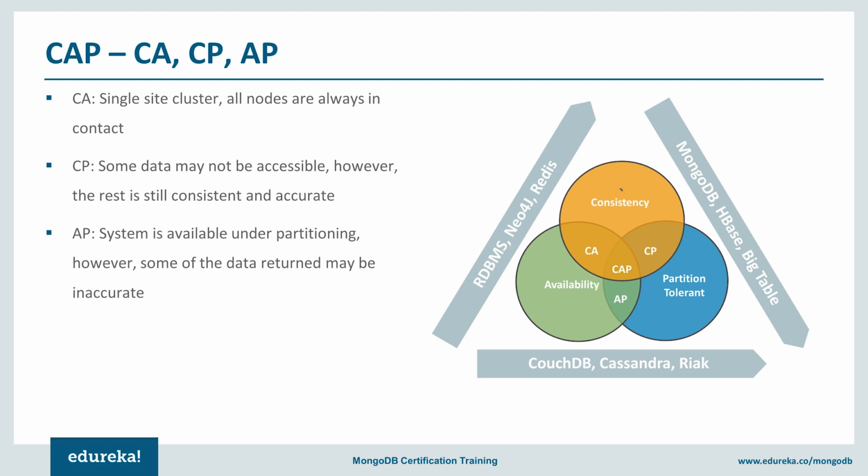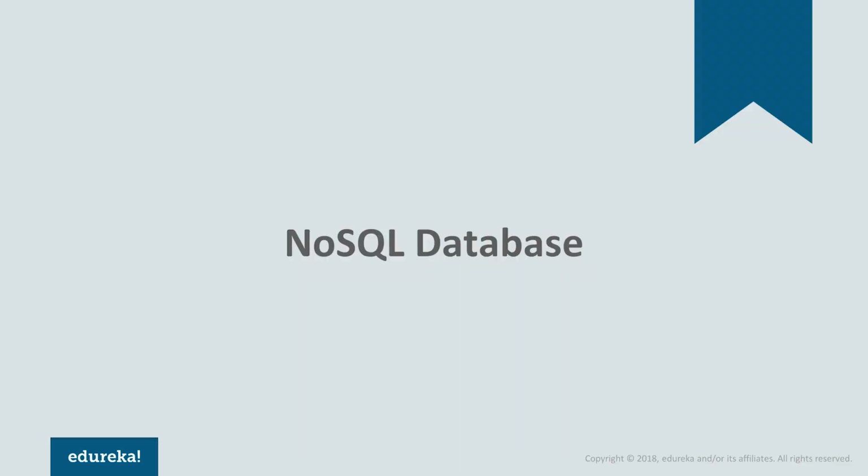Now, for availability and consistency, that means primarily the SQL DBMSs, Neo4j, and Redis. For consistency and partitioning, it's probably Mongo, HBase, Bigtable. For availability and partitioning, it's probably CouchDB, Apache Cassandra, Riak. The NoSQL databases,